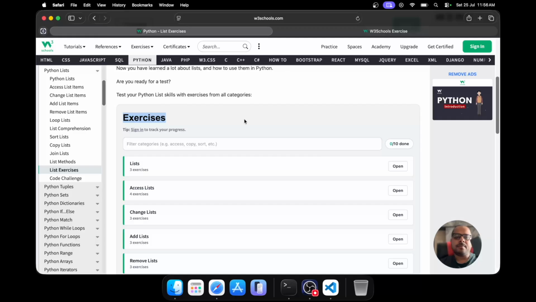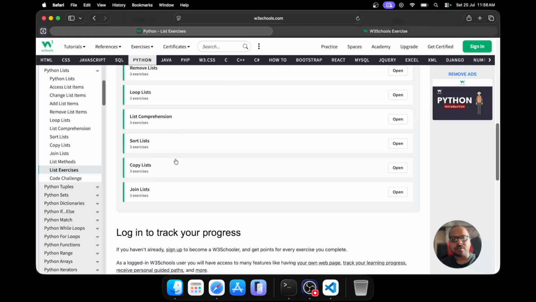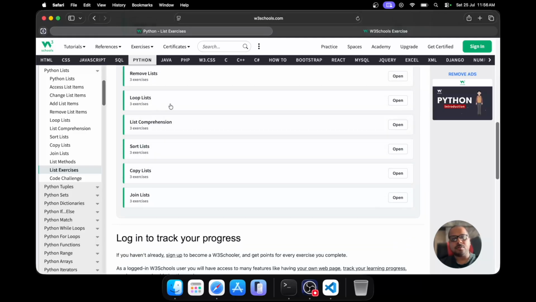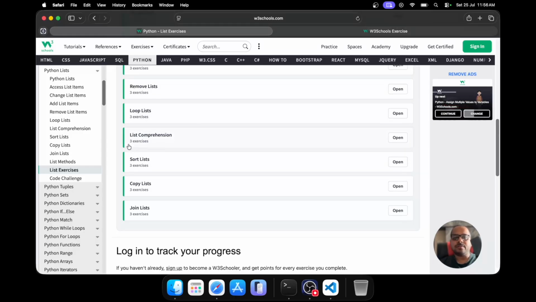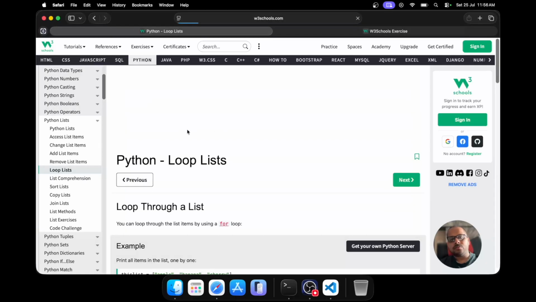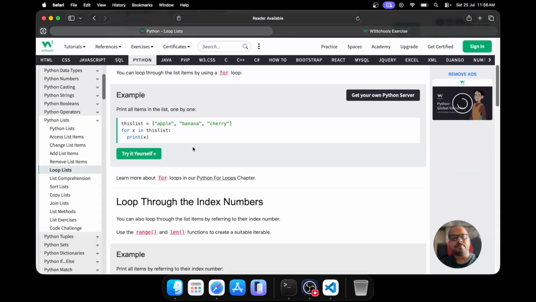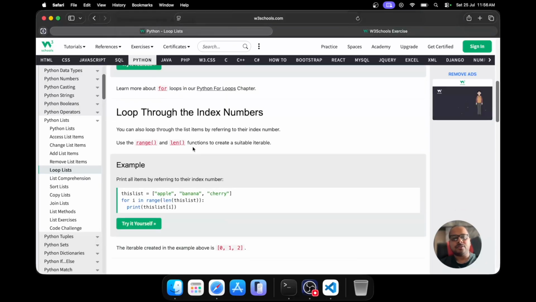I did fumble a bit on some questions in the copy or sort list and also in the looping part. Since I didn't cover the while loop, I used only the for loop. That's why it was a bit confusing for me. But I guess I will be using mostly the for loop, which is actually pretty easy and also